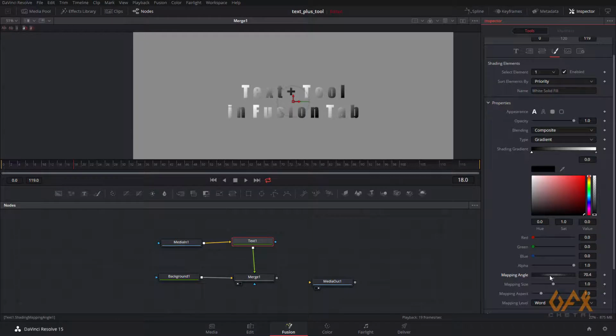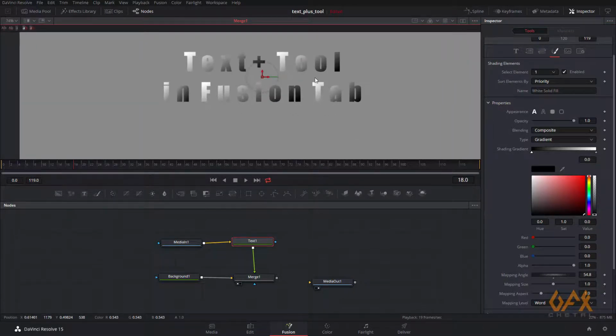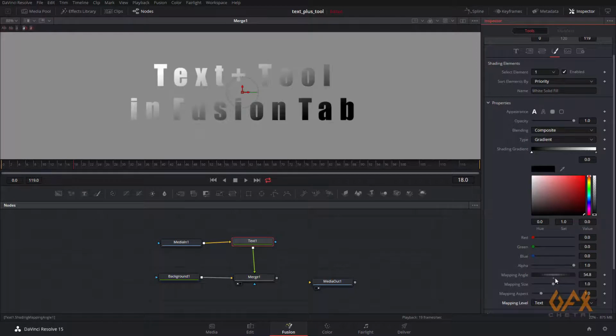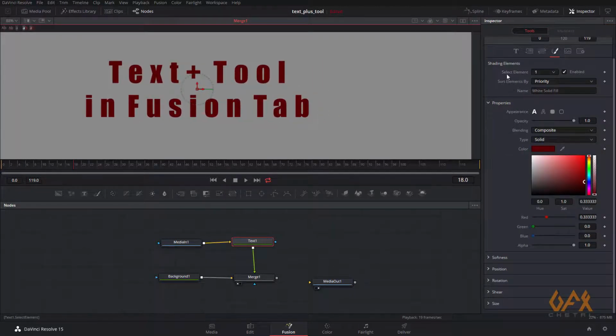Mapping angle, now you see it's set to per word, so per text. So right now I set it to solid. And here some basic property like softness. If you want to apply some softness over here you can change. So right now I prefer like this.